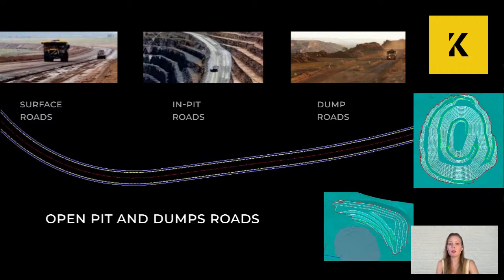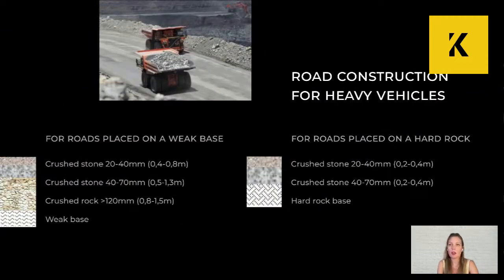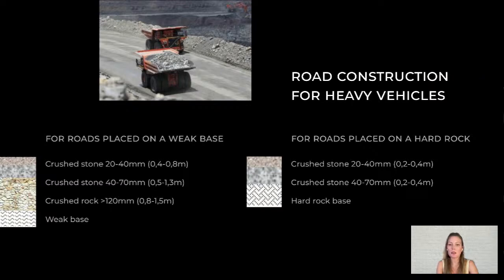Now let's talk about what a road for heavy-duty dump trucks should be made of. We've all seen the state of quarry roads, dump roads, and roads connecting them after a heavy rain. If there are large gaps in the road base between pieces of rock, rainwater will fill these gaps with fine rock material, turning them into potholes. That's why it's very important to carefully construct roads for dump trucks.